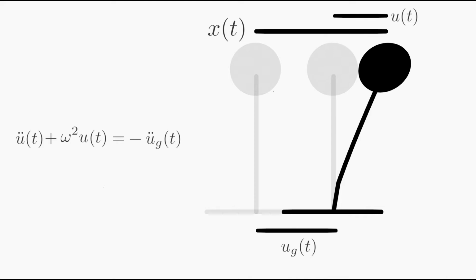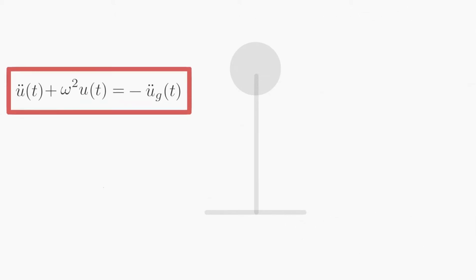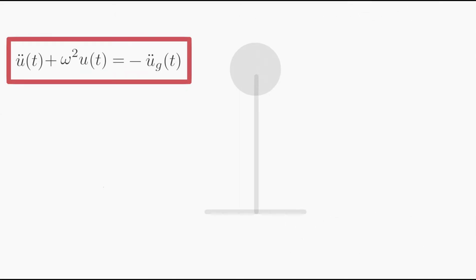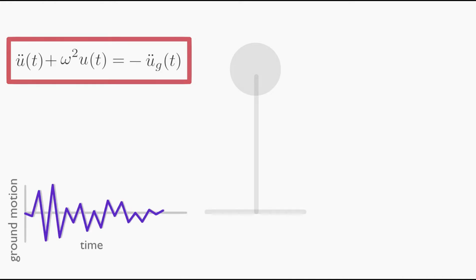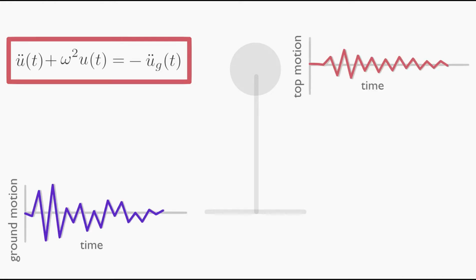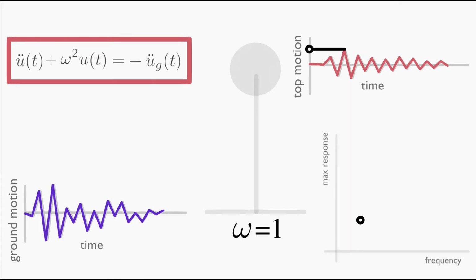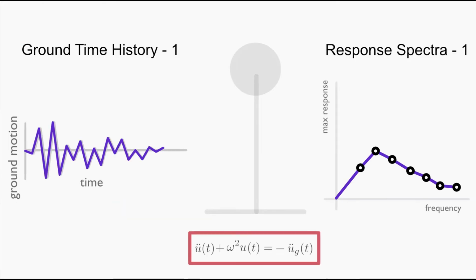Thus, the response of the system is only controlled by the natural frequency of the structure. We could use this information to simplify the process. By substituting the natural frequency of our model into the above equation, we can predict the response time history of the system. Since we are only concerned about the maximum value, we could plot it over a graph representing the natural frequency on the x-axis and response on the y-axis. By simply varying the natural frequency of the model, we could generate another response time history and store its maximum on the graph. In this manner, we could generate the response for all the desired frequencies.